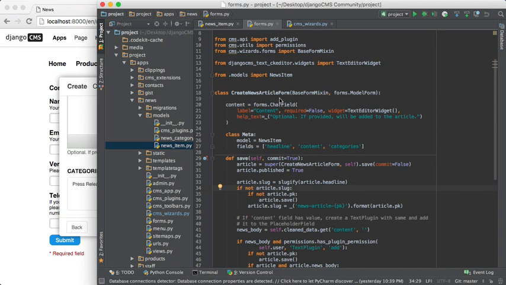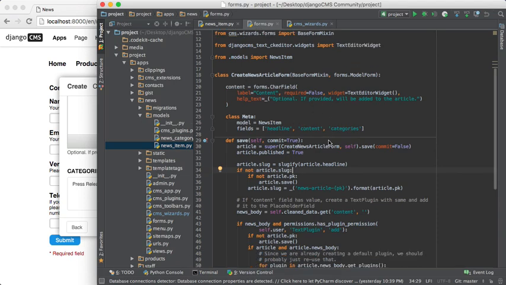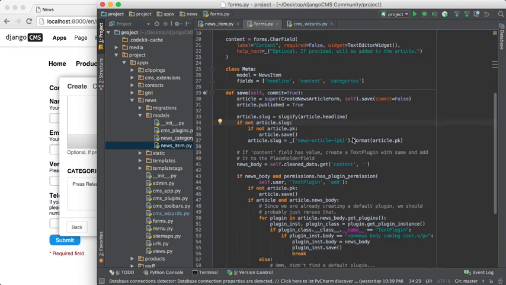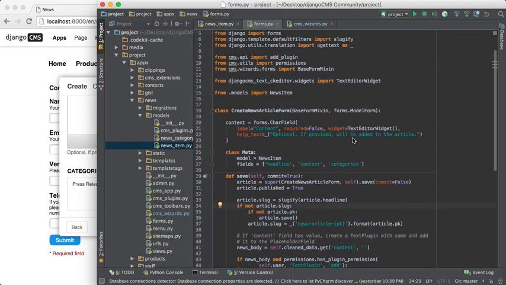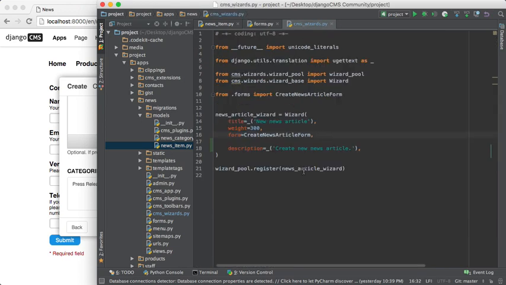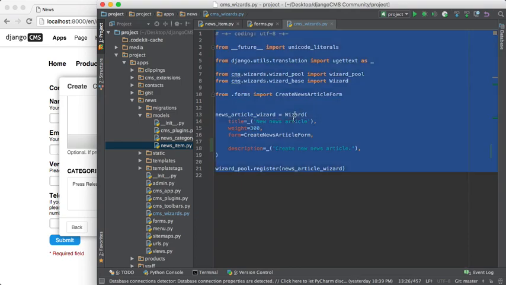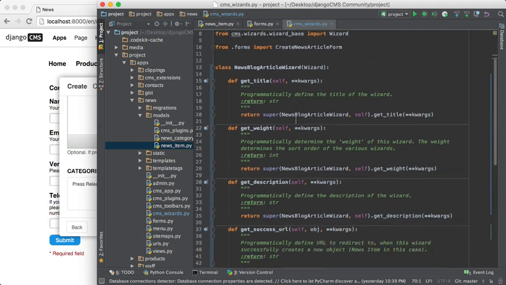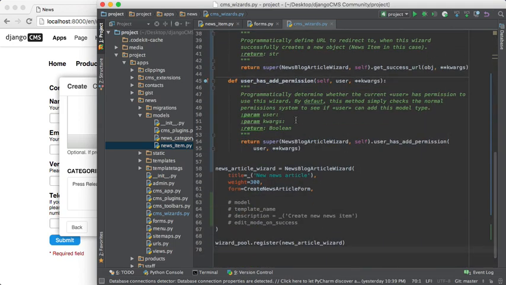Okay, so we have the wizard created. This works. I just showed it to you. It works great. There's one other thing I want to show you, and that is, all the simplicity here, I want to show you a little bit more. I mean, this is legitimate. There's nothing wrong with this, but I want to show you some of the other options you might have. So I'm going to replace all of this with identically acting code, but instead of looking simple, it's now going to look a little bit complex. And it's only because I have the default implementations of some of the other features in here,